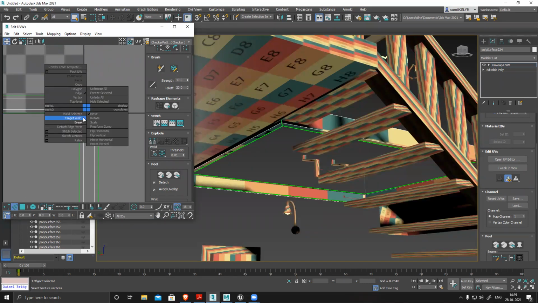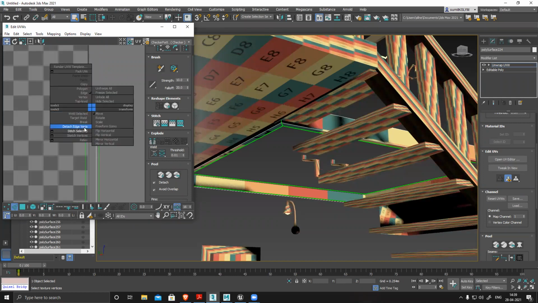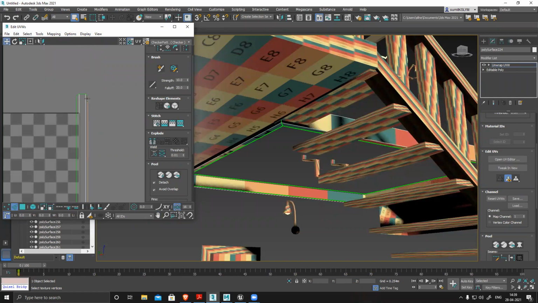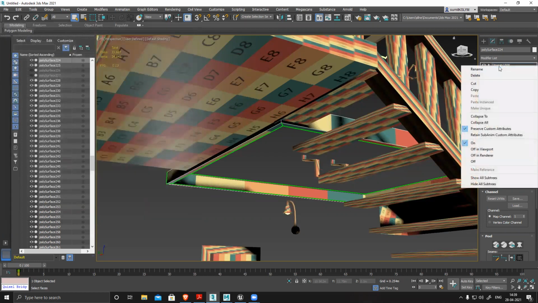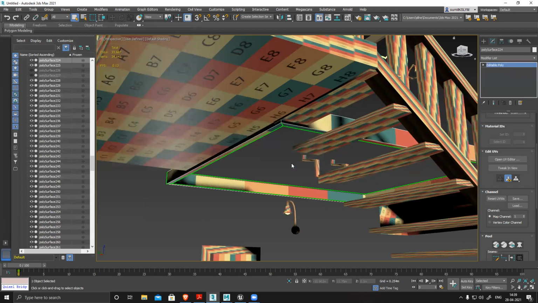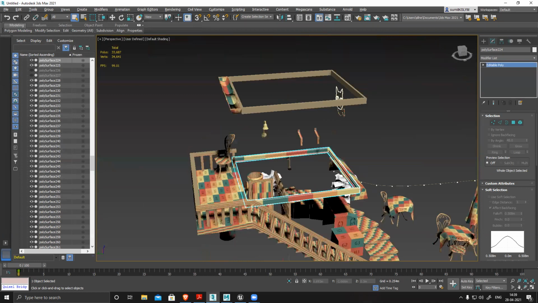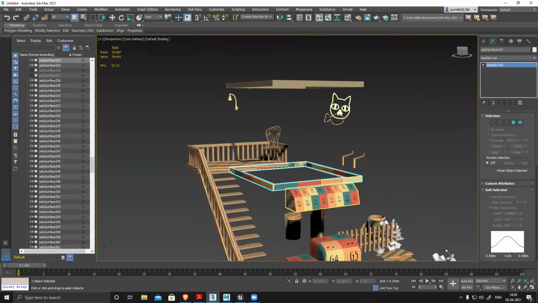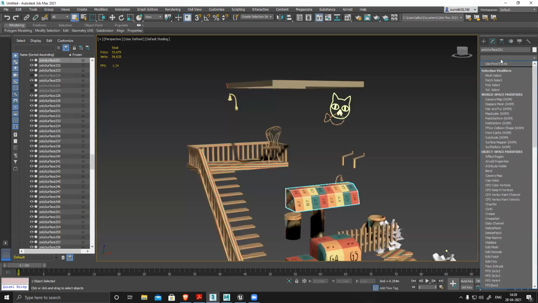Now select this one, stitch, stitch, like this, make it a straight line, keep it clean, smooth. Okay, this one's done. Hide this one.